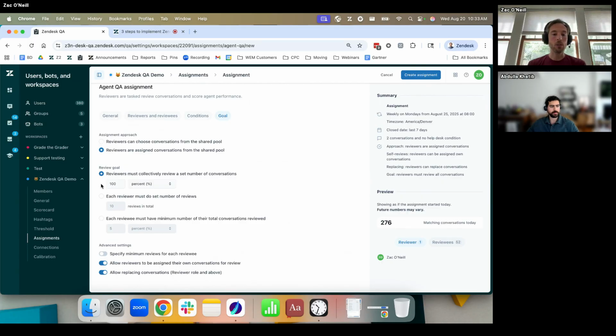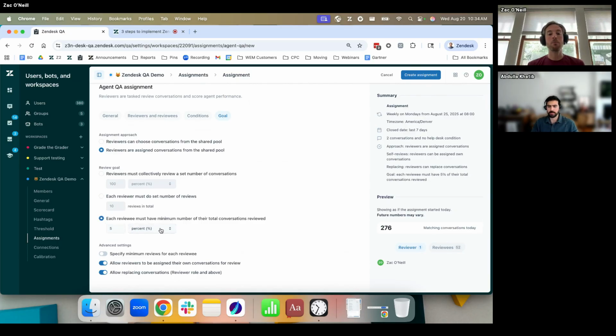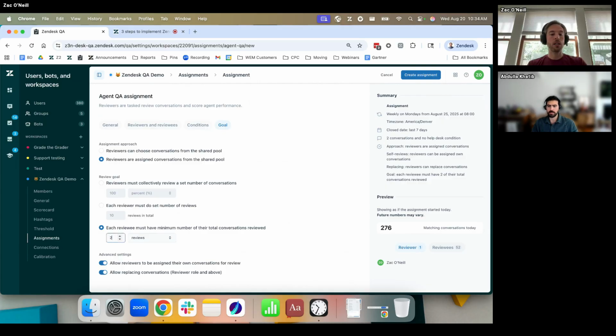And then the review goal: reviewers, if you're doing a group goal, must collectively review a set number or percentage of the total conversations. We can then specify each reviewer must do a set number of reviews, or you can have it based on the reviewee. Each reviewee must have a minimum number of their total conversations reviewed. So if I have 5 agents, I want to make sure that each agent has 2 reviews done per